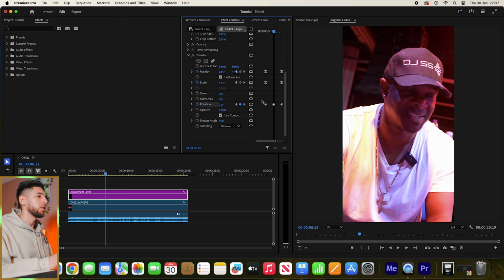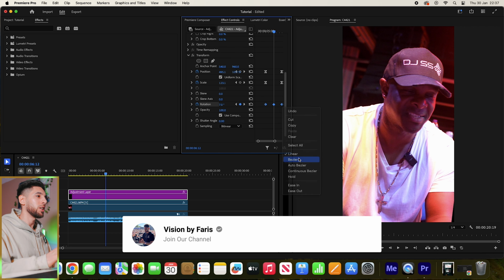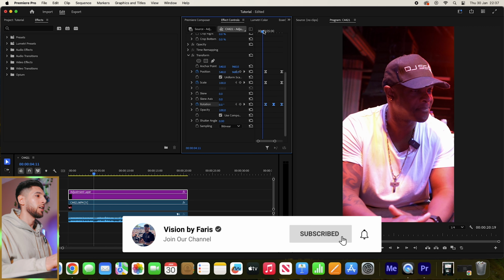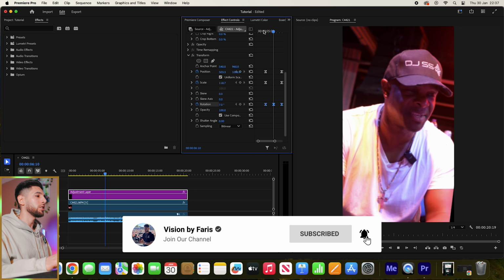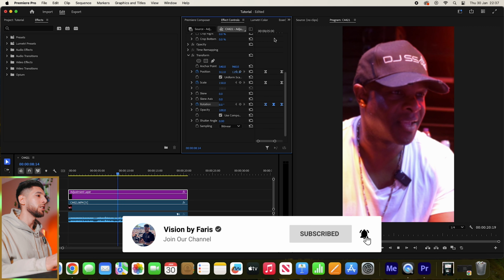Let's also add Bezier onto our rotation keyframes. And let's play that back. So as you can see, we've got a dynamic rotation, smooth